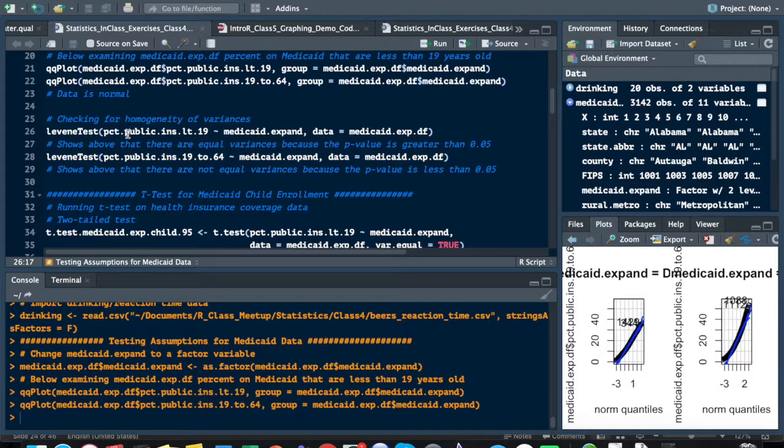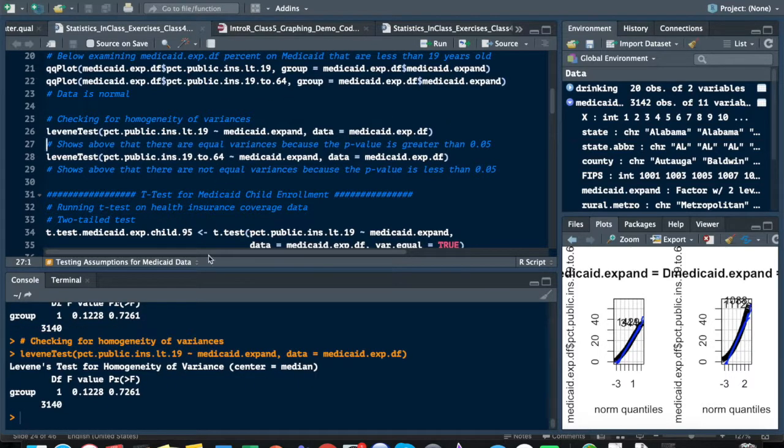So the Levene's test, I just showed how this was written out. Just to recap, this is the variable that you're testing, the actual values inside your groups. This is our group, and that is our data. So we're gonna run this. The next one we're gonna run is Levene's test for percent public insurance, ages 19 to